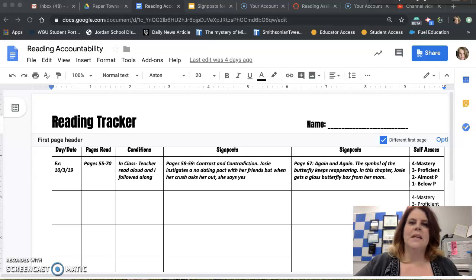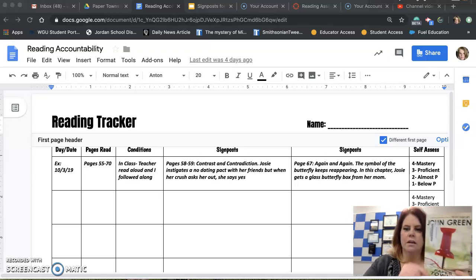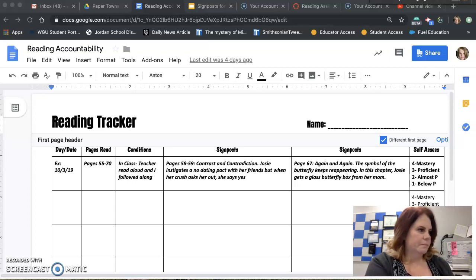Hi guys. This is just a reminder of what you're going to be doing today while you're doing your first reading assignment in your book, Paper Towns by John Green. Today you'll be reading the prologue, which starts on page 3 and ends on page 8. And then you'll be reading part 1, which is called The Strings, which starts on page 9 and ends on